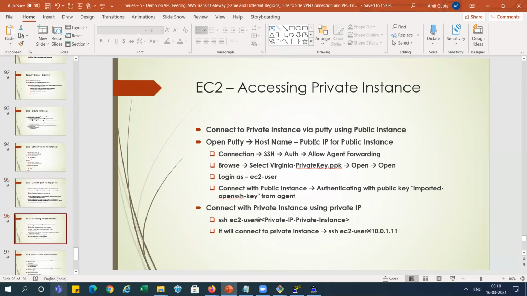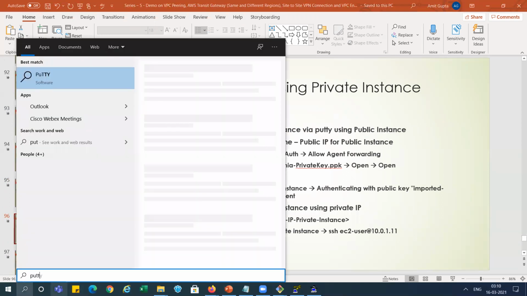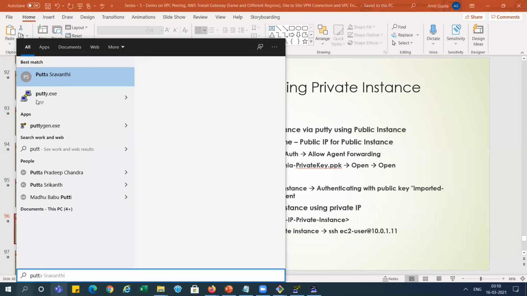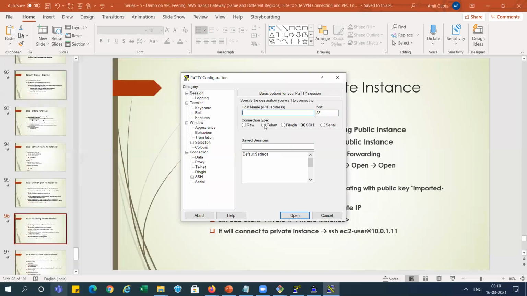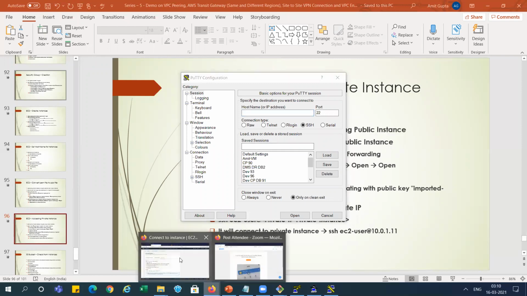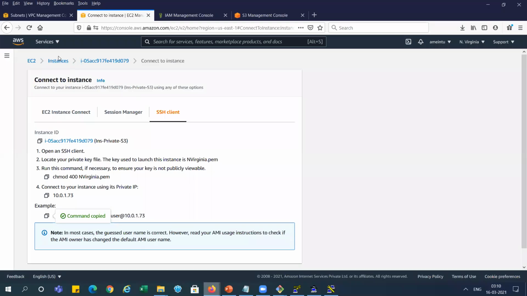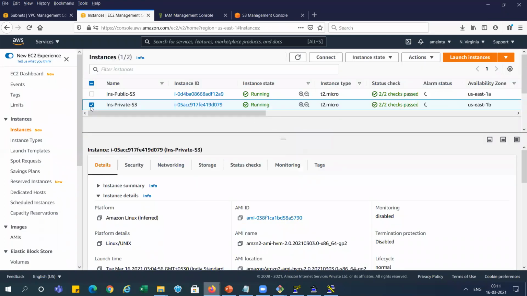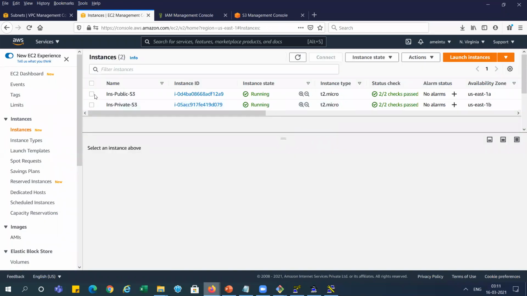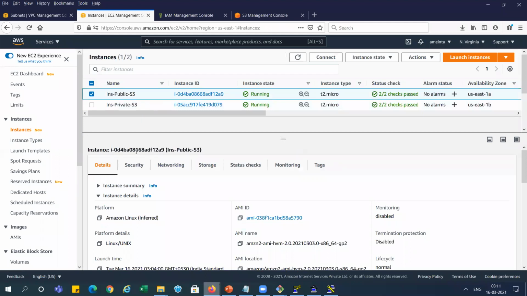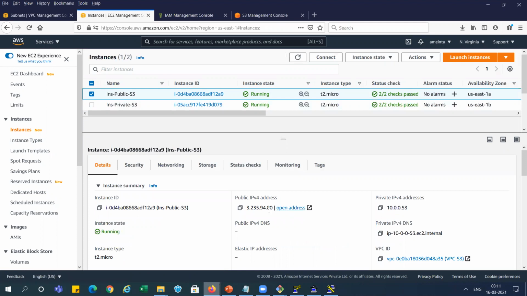Next, now we'll connect with PuTTY. So we need to go with PuTTY, right? And we need to give the public IP of the public machine, right? Because first we need to connect with the public IP. You can see here, this private instance doesn't contain a public IP, but this one contains a public IP over there.